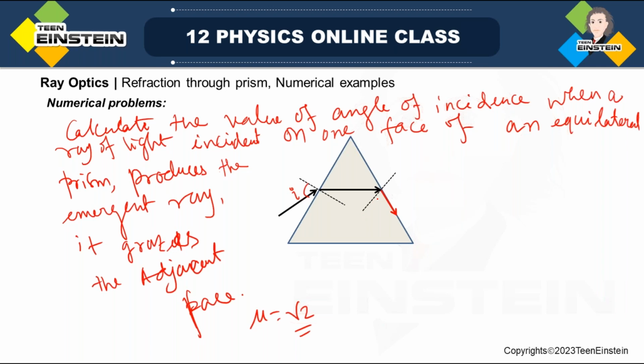So the question is that a ray is refracted from this surface AB, and this angle of incidence is made in such a way that for this particular material where mu is equal to root 2,